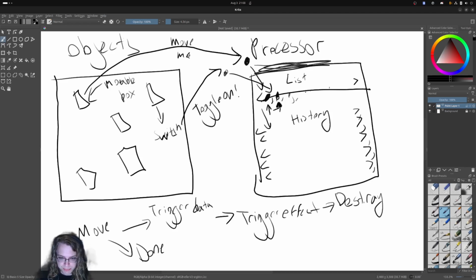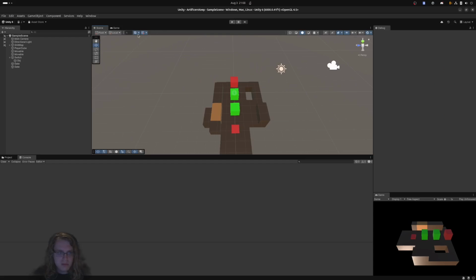Right. And so at any point, this tree will expand and the amount of actions that are possible will go up. But this is what exists now in my ecosystem. And I'm just going to demo what it looks like. It's not going to look super special, right? But you'll see,